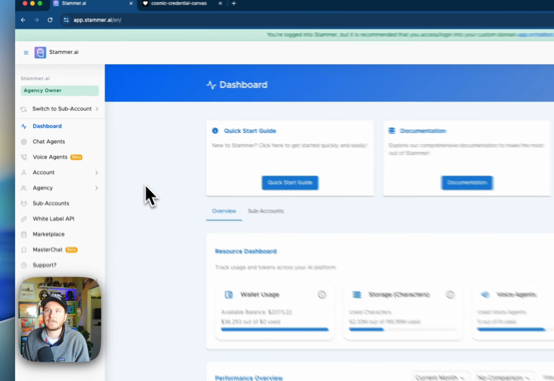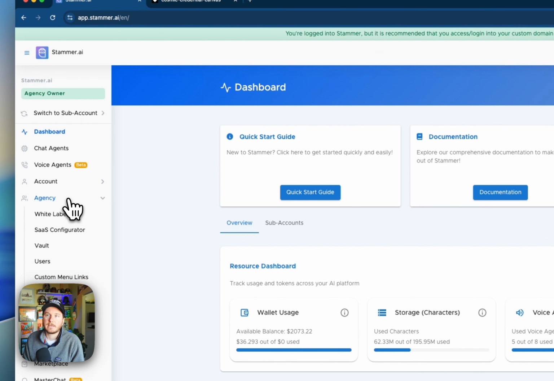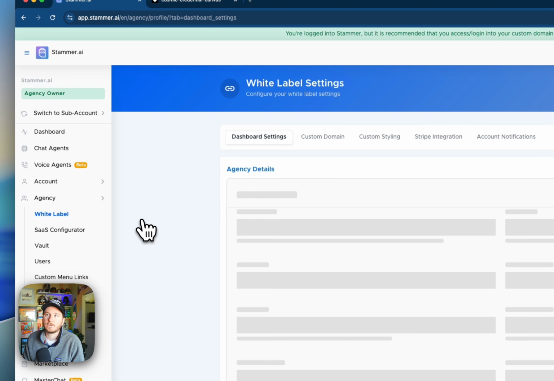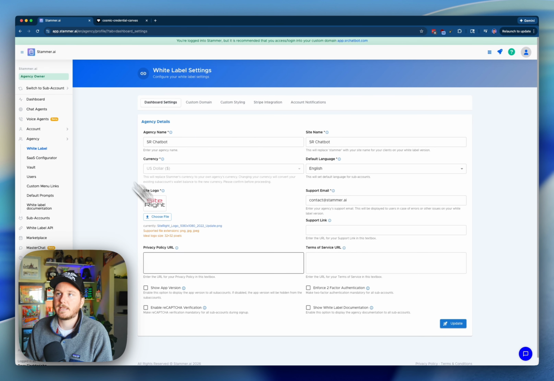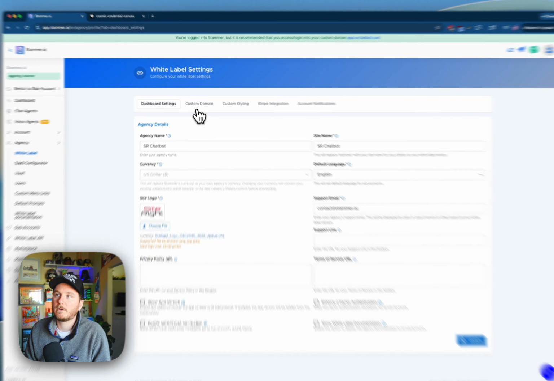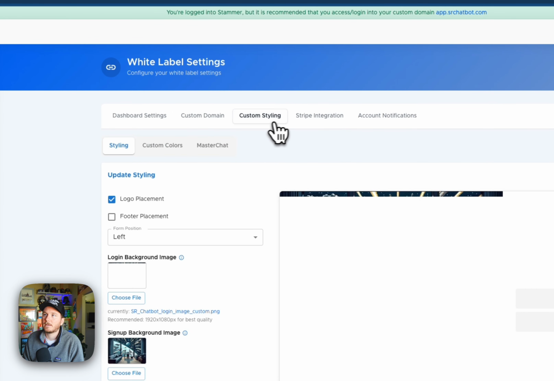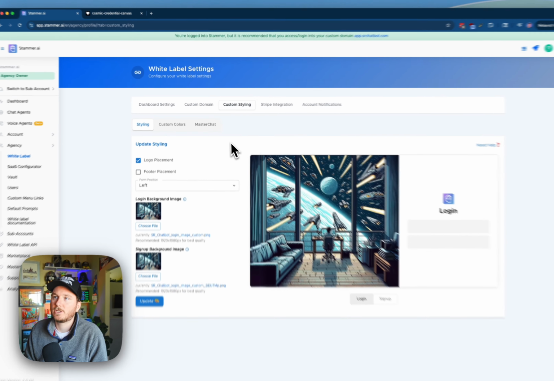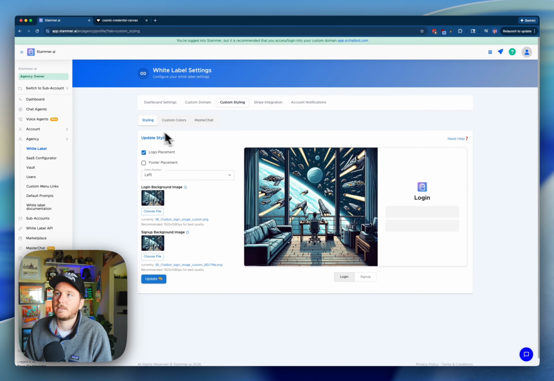labeling capabilities. And the way that you're going to engage or update the platform to be white labeled is if you go into the agency tab and then click over to the white label settings. Now, this is going to give you all of the options to customize the dashboard with your name, your logo, your custom domain, custom styling, like changing the images for the login and sign up pages, as well as the colors that the dashboard will be shown to your clients in, as well as integrating your Stripe and setting up